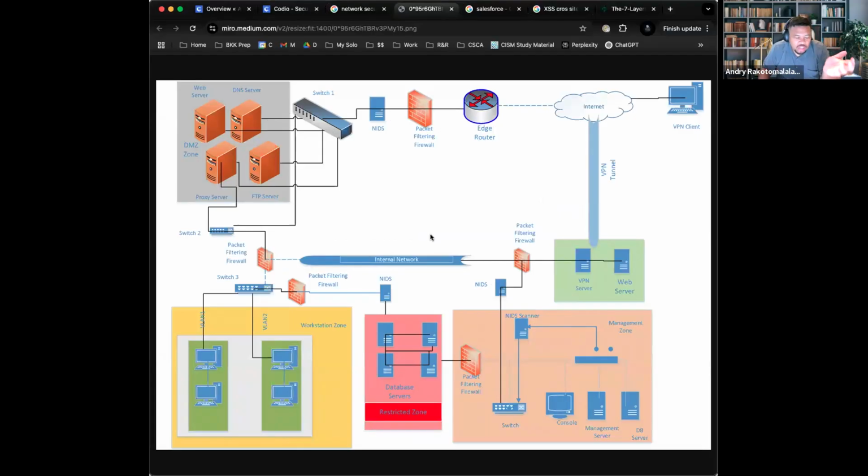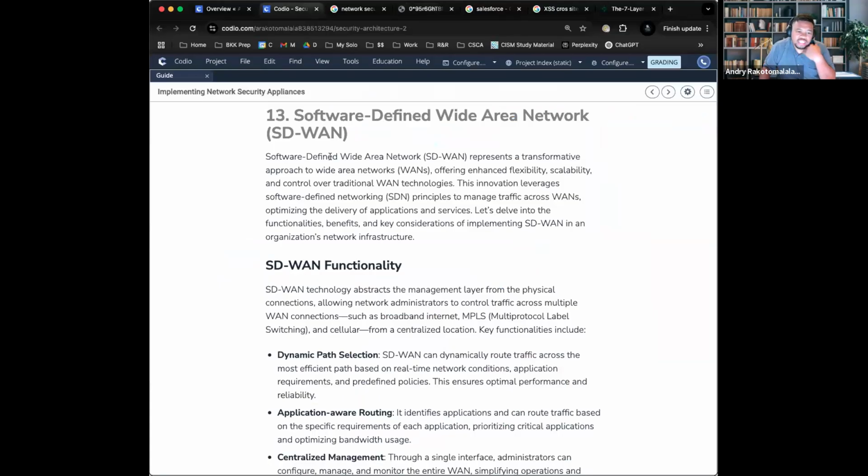If I didn't have a software to automatically manage them, for a very simple example, such as let's say updating or patching them, I would have to manually, as a resource, go into each of these devices individually and make sure they're up to date with the most recent version. That is painstakingly long. But if I have an SD-WAN, well, then I'm able to essentially optimize that process and I can optimize the traffic over all the different connections.